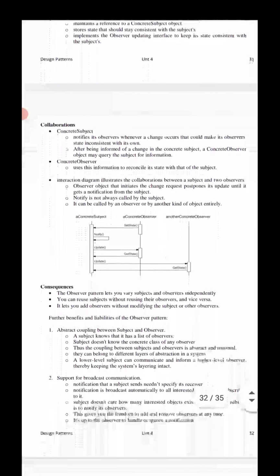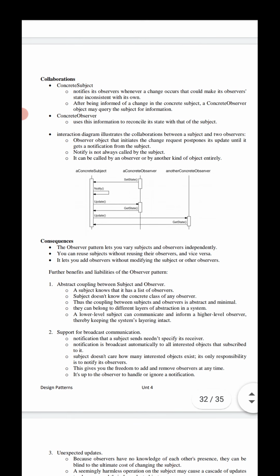And coming to the collaboration section, how the classes and objects collaborate. Look at the diagram here. The interaction diagram illustrates the collaboration between a subject and two observers.